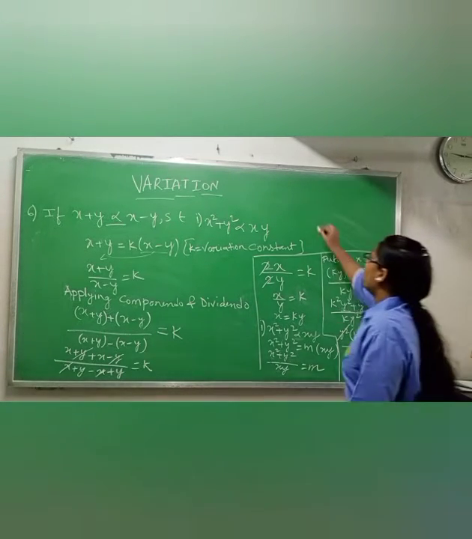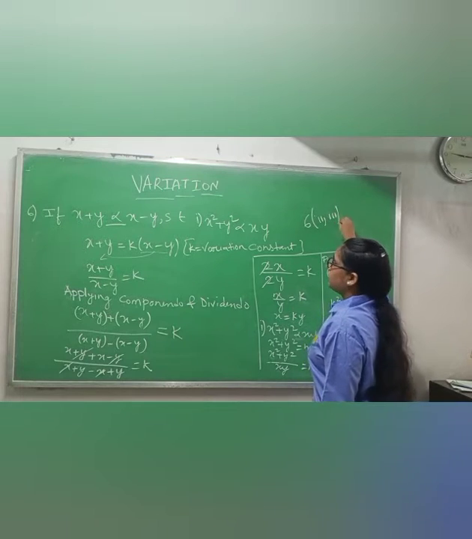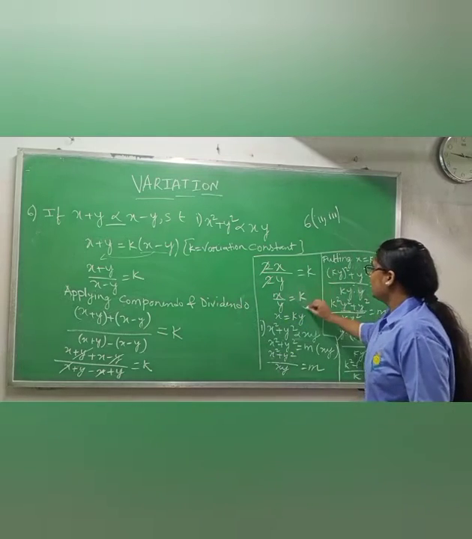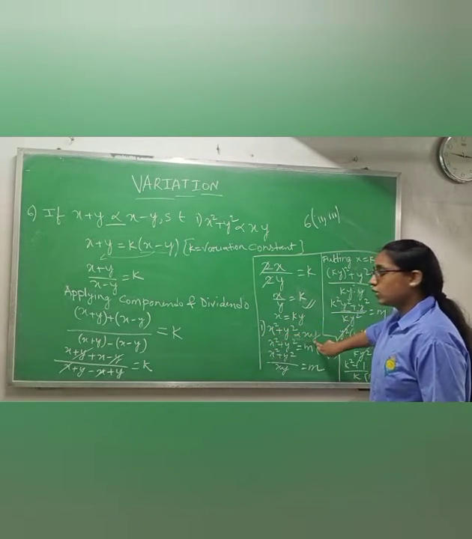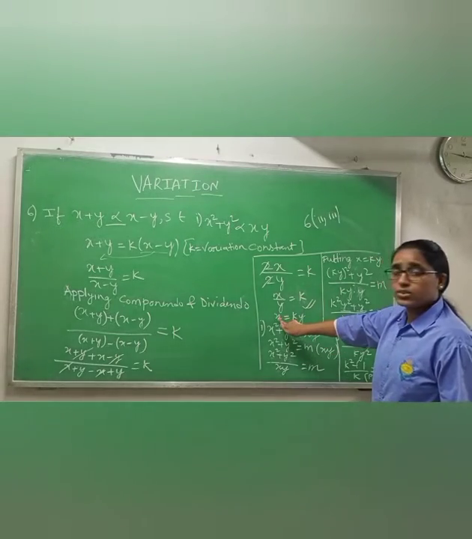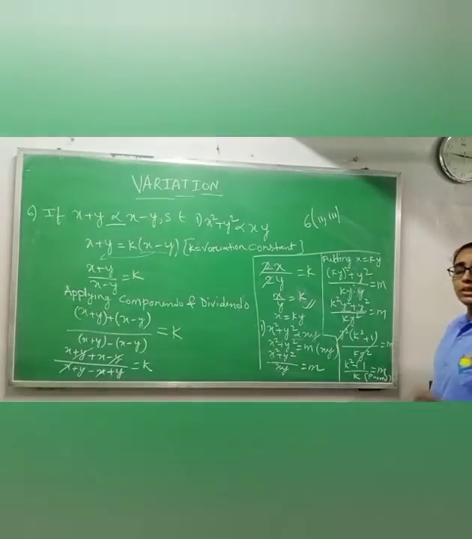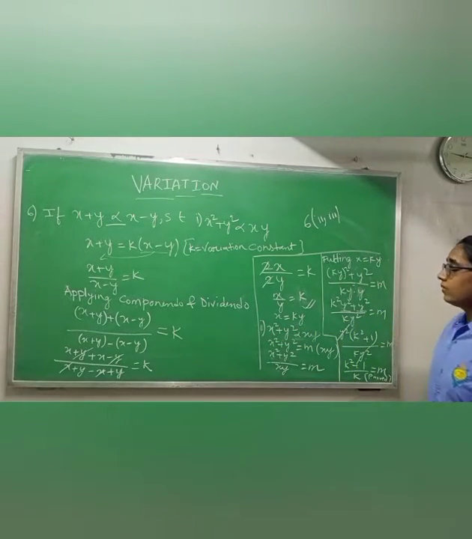Like this, homework is question number 6, parts 2 and 3. Same thing you will apply. You will put up to here, no need to do. From here you will change. You will write 2 here, then you will write question number 2, and wherever you get x, you will put ky. Like this you will solve, the same thing you have to do. Only the question will change. Now you will do 2 and 3. Copy this one.